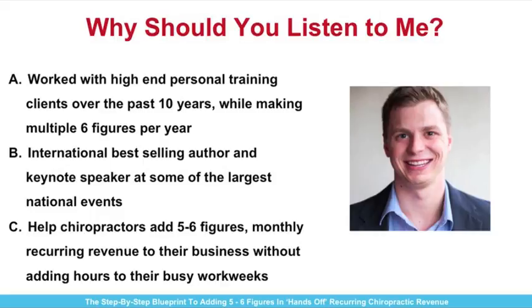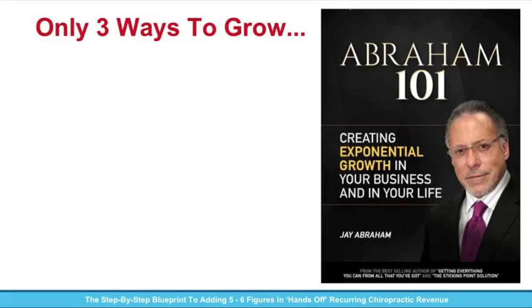And once you realize how to do it, it becomes easy to stay there. But only if you've got the right system in place to bring you predictable and recurring results month after month. A system that's proven and stood the test of time and time again. So you might be stuck in the way of thinking that you need more patience to grow, right? And yes, like I said, that's one way to do it, but let me share with you 3 possible ways